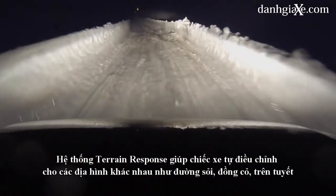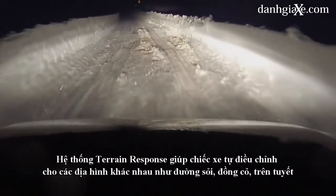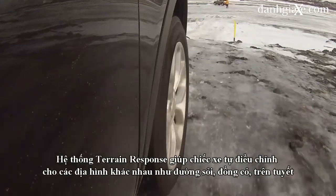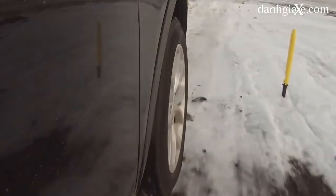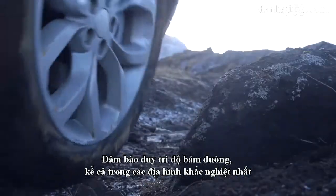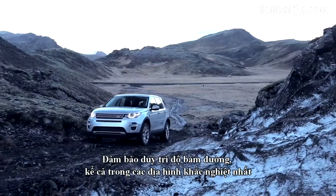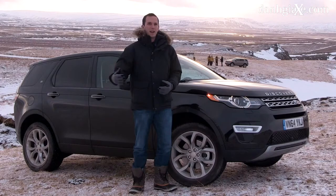Terrain response, it's really focused on tailoring the vehicle and its driving modes to the type of surfaces that you're on. So from normal on-road driving and dynamic driving to different modes like the gravel, grass, and snow, which really enhances the overall traction control system, all-wheel drive system to get that ultimate traction, and then even more severe off-roading with something like the mud and rut modes that help to ensure that the vehicle is always performing at its